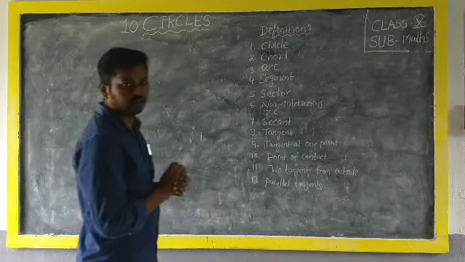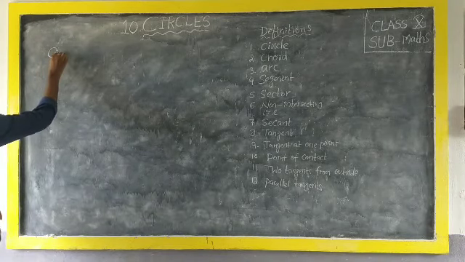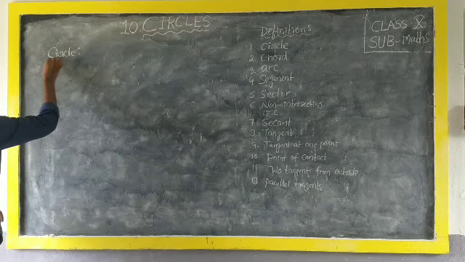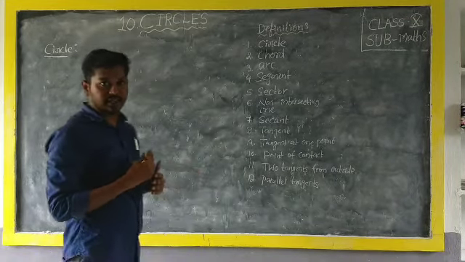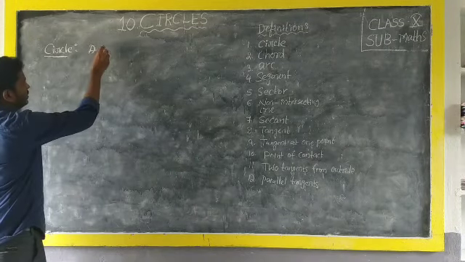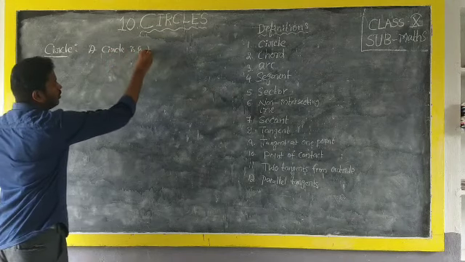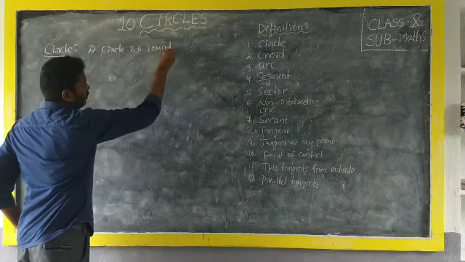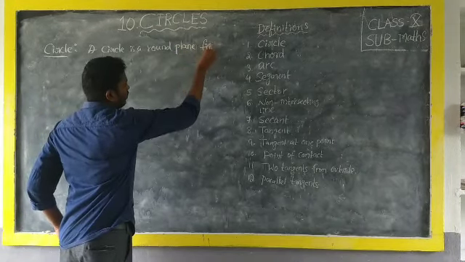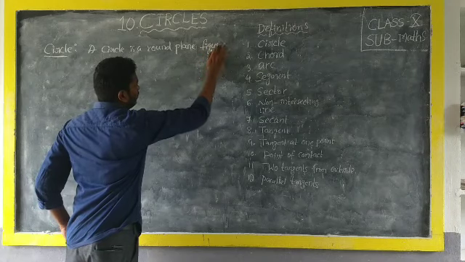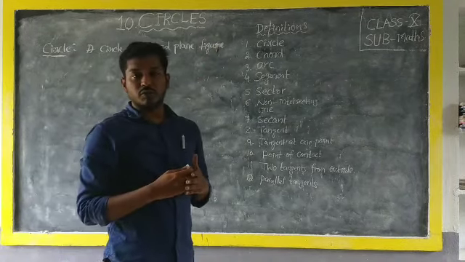The circle definition, all of you get: a circle is a round plane figure. A circle is a round plane figure whose boundary